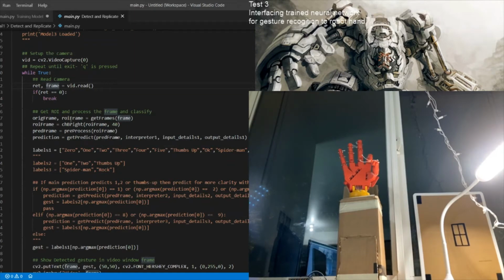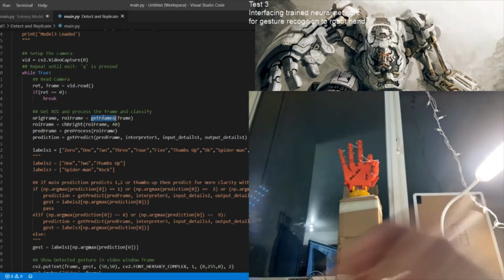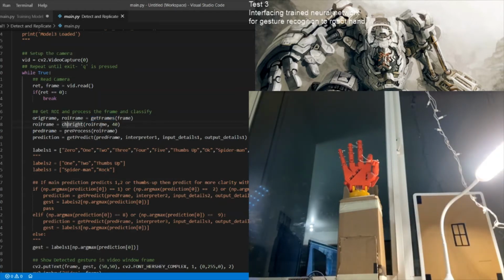So now we have our camera input. We get the frames, as in the original frame and our region of interest. We change the brightness of our region of interest and pass it to preprocessing, where it will preprocess our region of interest frame according to our required neural net model.